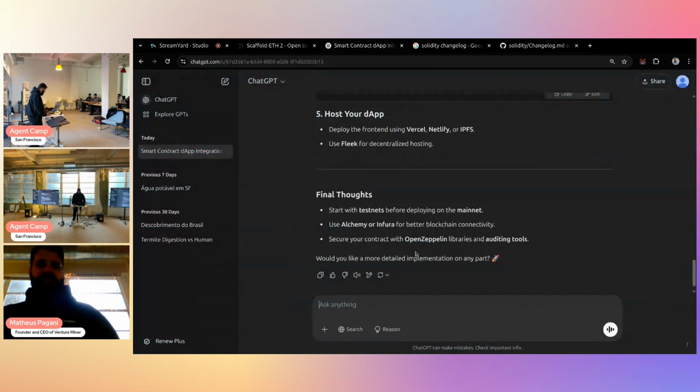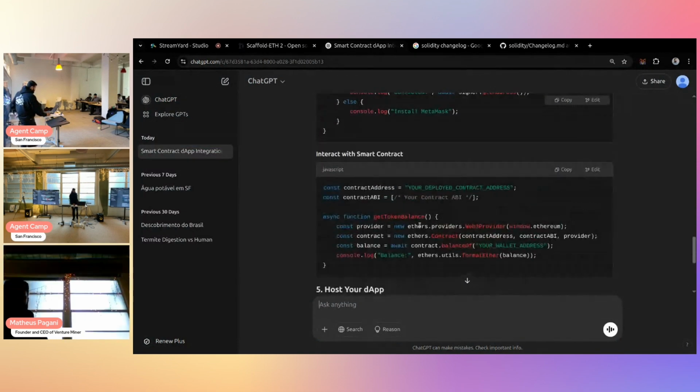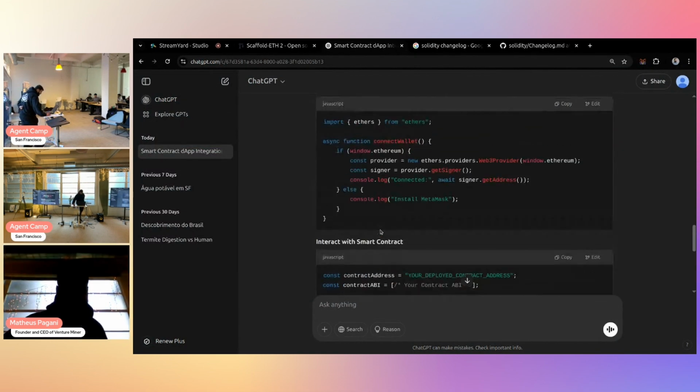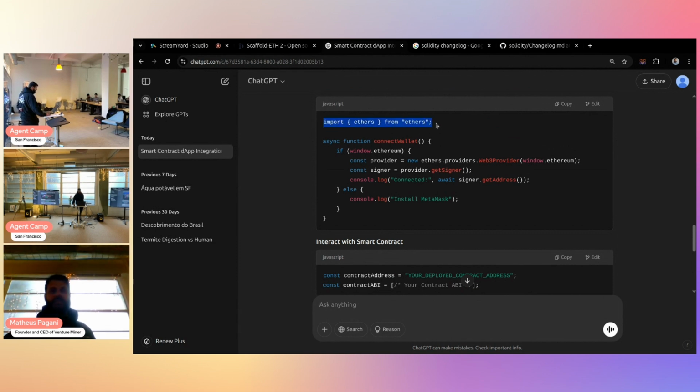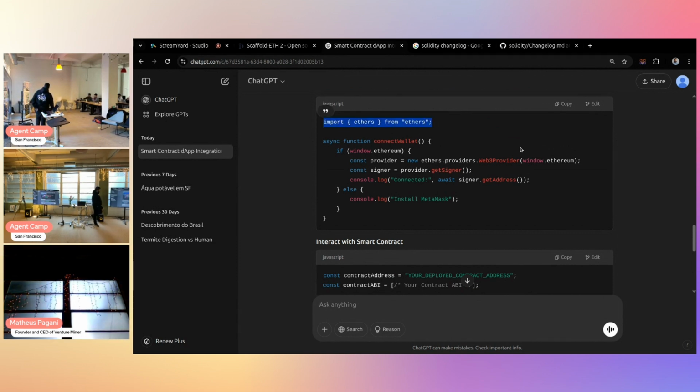If I go back to the suggestion, it is suggesting that we build the smart contract with ethers. Good, this is not that bad. It would be worse if it was suggesting I use Truffle, which was deprecated. And a lot of AIs still suggest Truffle. If you don't know what Truffle is, it was a package for building apps that was deprecated a year ago or more.